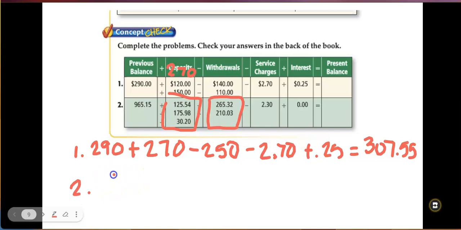So for number two, you should have gotten $819.22. Okay, so you started with $965.15. You added some deposits. You subtracted these withdrawals. You subtracted the service charge. You didn't have any interest to add, and you should get $819.22. Now you should be able to go on to the